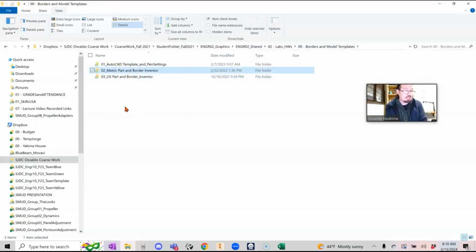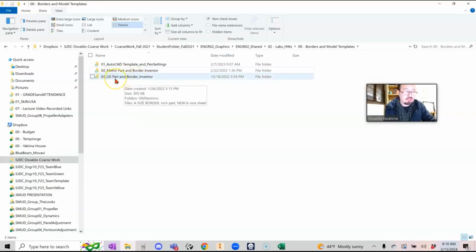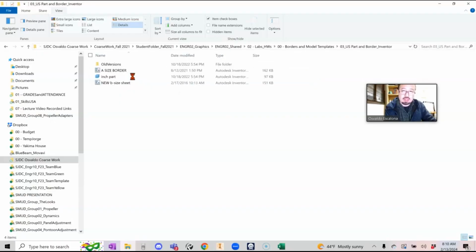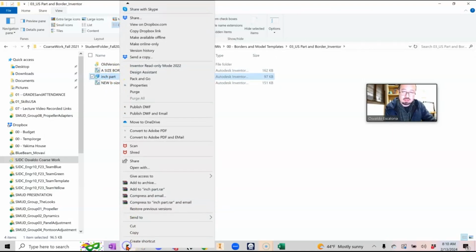The next one, metric parts and borders with Inventor. If you have any parts that are metric, you will be using this folder with the template files. And if you do any US or Imperial parts, you will be using this folder. Within it, you have a couple of files. One of them is the IPT, which stands for the part file. If I were to look at the properties,